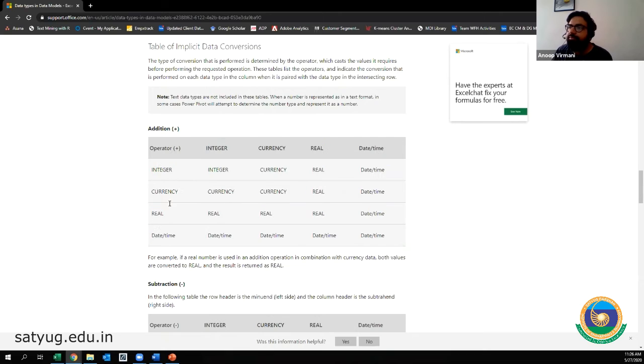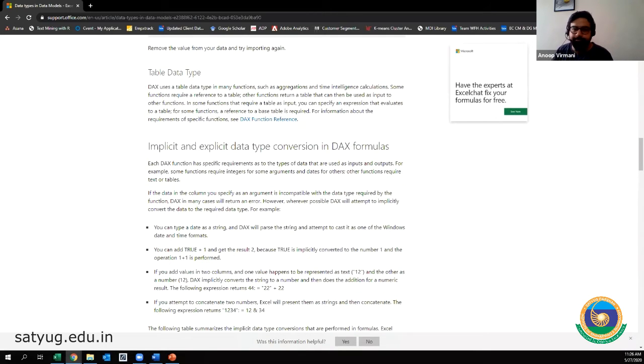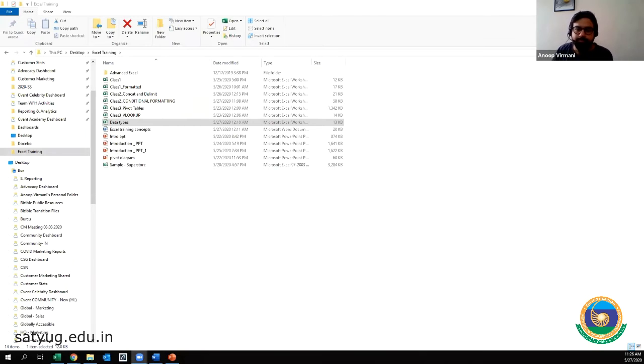Here I have again some data types: integer, currency, real, and date and time. You do this like this: integer plus integer will give me integer, right? So the values in this box are the output, and here are the inputs. So this is how things work in Excel, right?